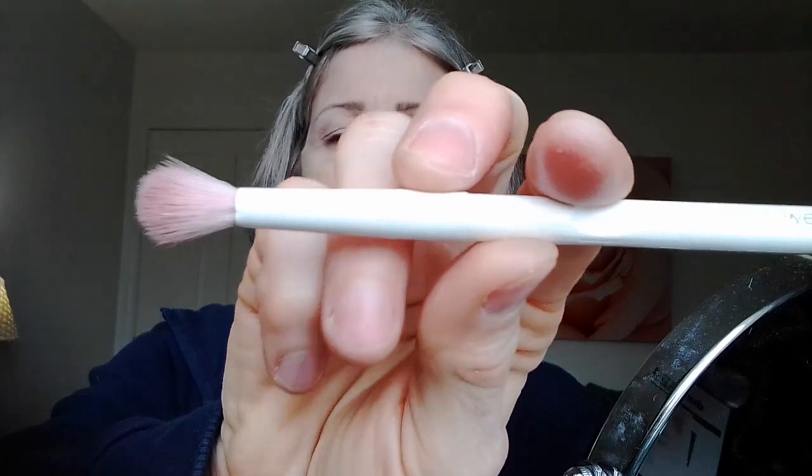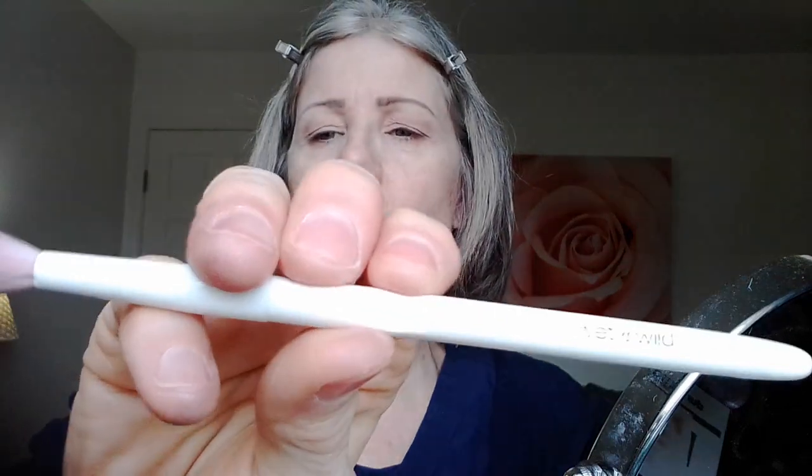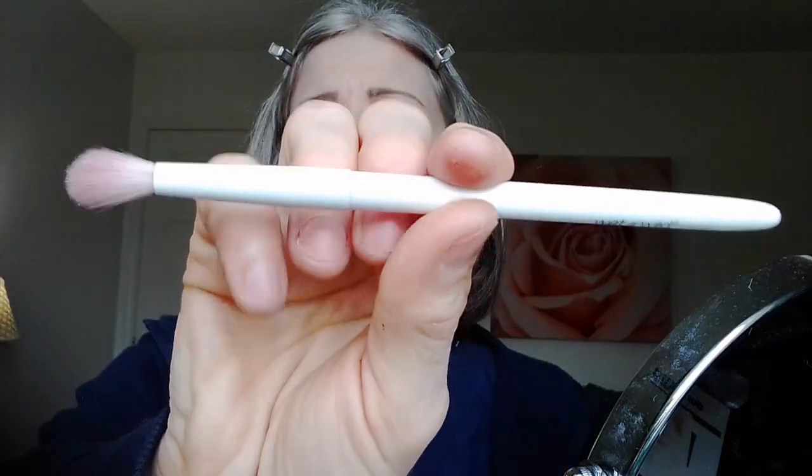I've already put on one of the colors, which I'm kind of midway doing. So we're going to be using the Wet n Wild brush, and this is the Crease Brush. So it's quite fluffy. This is a fantastic brush. I love the divot here where your thumb goes. It's just perfect. So I'm going in with this color right here, and it's a matte,